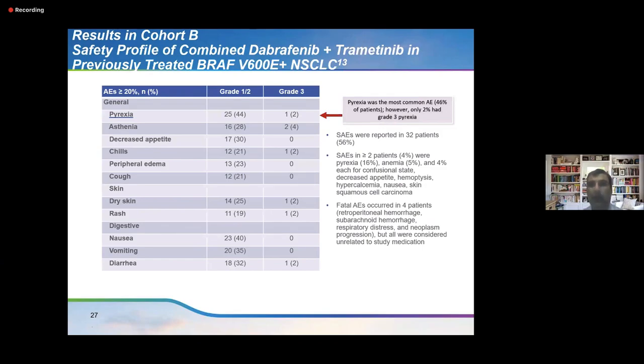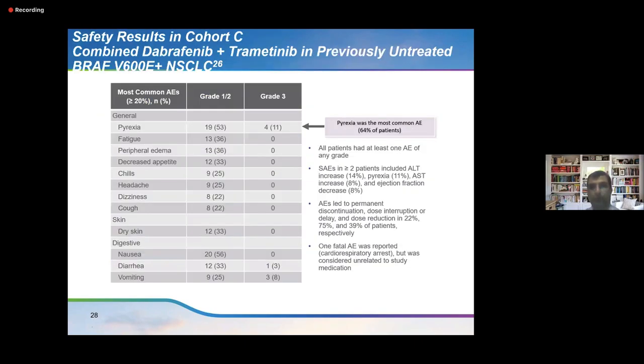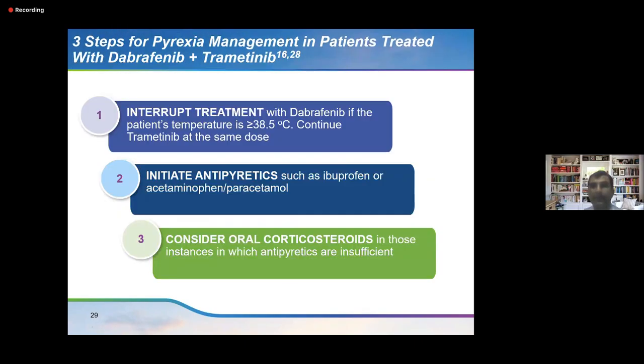But my suggestion to everybody is, before we give drugs like this, we should definitely read up in detail about the side effects of all these drugs so that we are giving the right information to the patient. So let's say somebody gets dabrafenib and gets fever on that. Now there's a way to manage the fever if somebody gets a fever on dabrafenib trametinib. Initially, it's the dabrafenib arm which causes the fever.